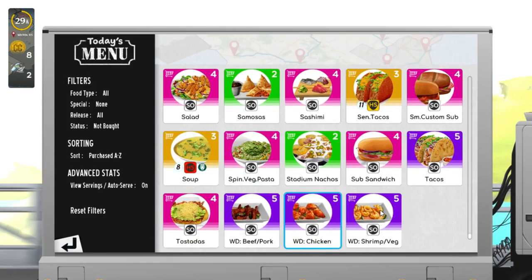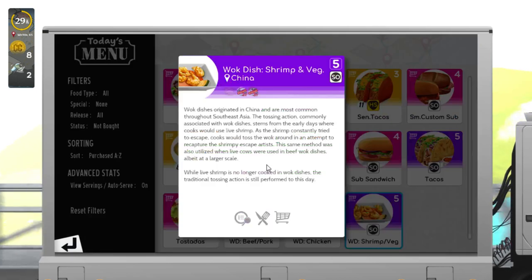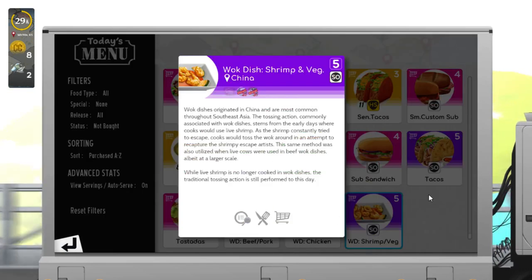God, do I dare try these ones? I hated these a lot in 2. They were very hard to do. The chicken one is probably the easiest though, because there's like one less step you can mess up. Wait, do they all have similar...